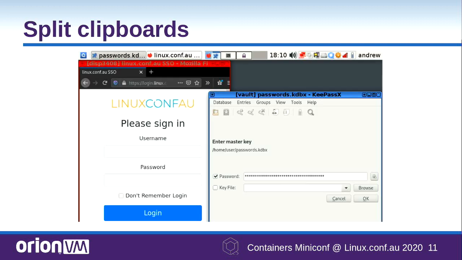So here we have split clipboards. Normally, you would just copy from there, paste in there, good to go. However, because there are X servers in each cube, they have their own clipboards. And because they have their own clipboards, that doesn't really work. So you could have a global clipboard. However, the problem with that is if you have a malicious program, it could then try to steal whatever's in that buffer. So in order for you to do a copy-paste, you have to explicitly copy something into a global buffer.